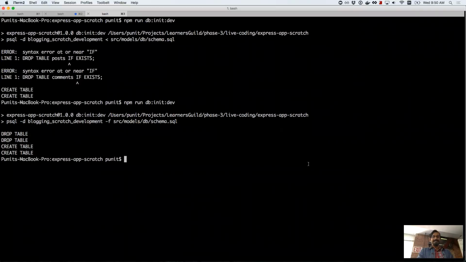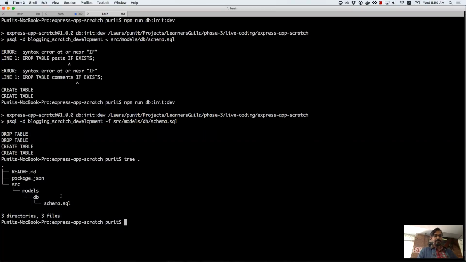No worries. So if you go into our models directory, we right now have nothing, right? And our database directory has only schema. So let's go into the DB directory